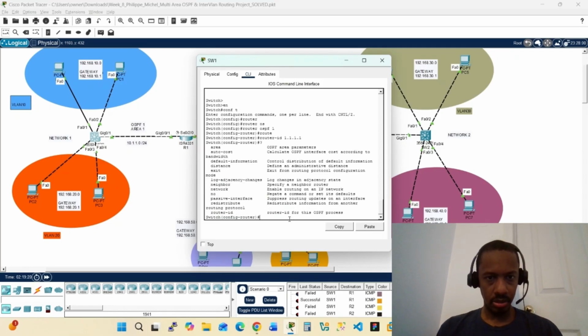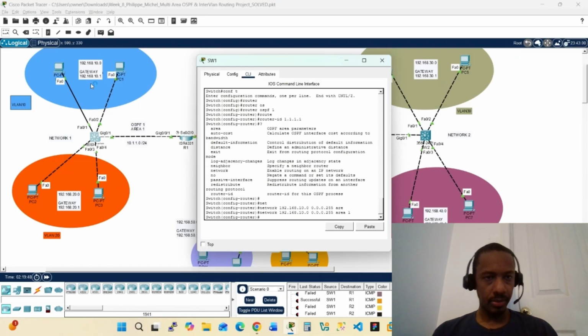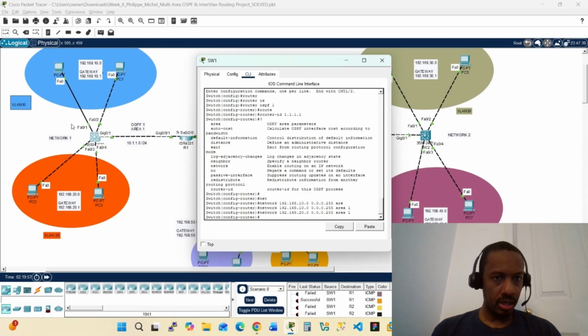Next one is the network address. Let me start with VLAN 10: network 192.168.10.0, and the wildcard mask is 0.0.0.255, since it was a slash 24, area 1. Okay, for VLAN 20, 192.168.20.0 area 1, and for this interface,